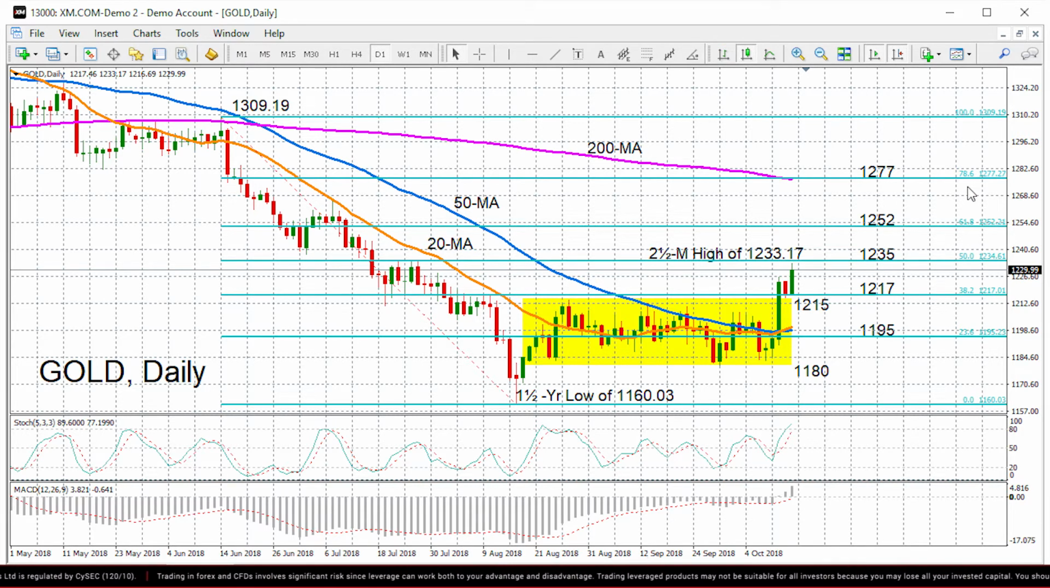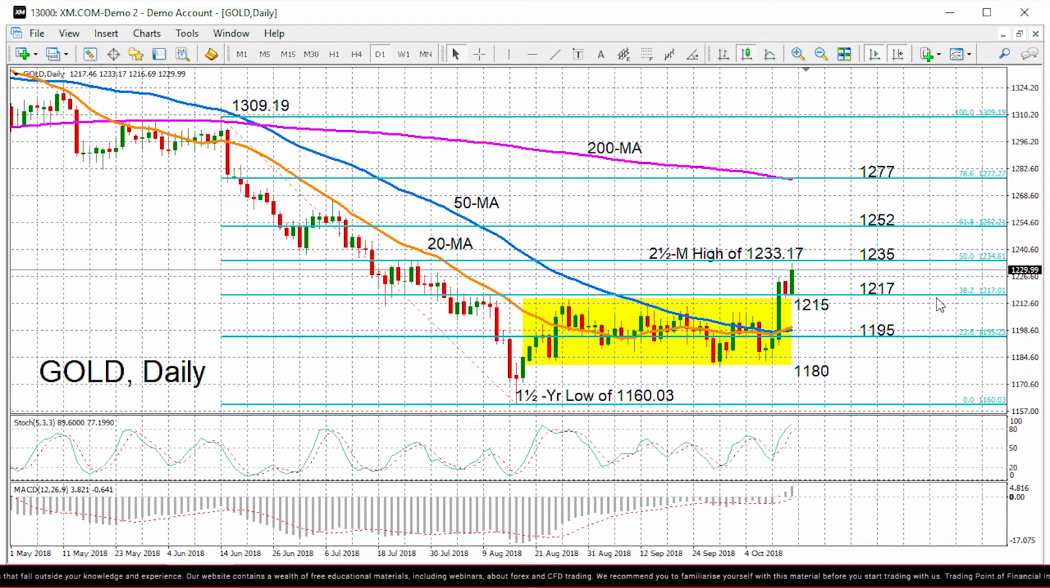And then there's the 78.6% Fibonacci at 1,277. That also coincides with the 200-day moving average. So that area around 1,277 could potentially prove a strong resistance area if we were to see further gains in the coming days. To the downside though,